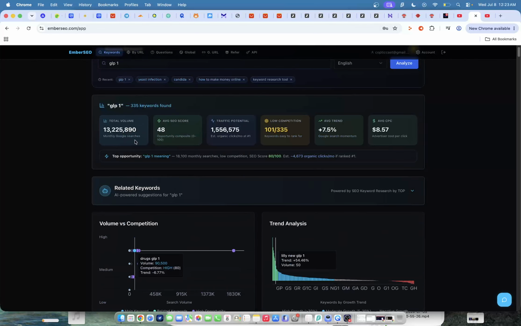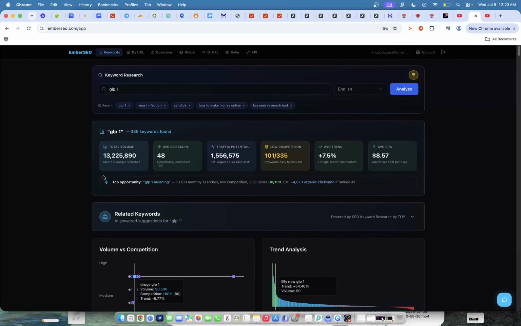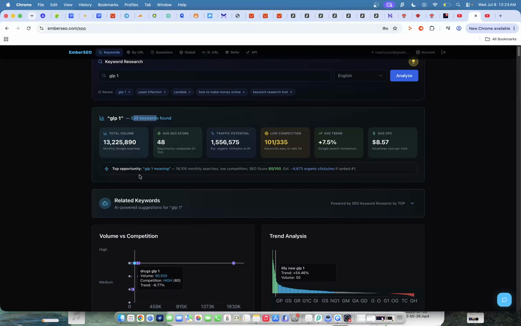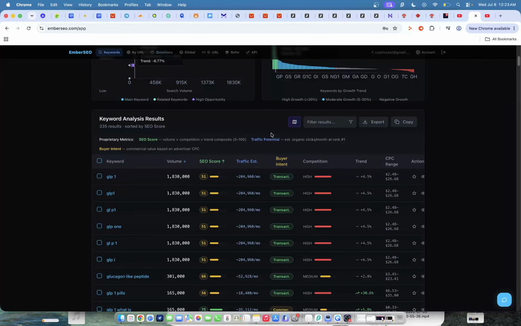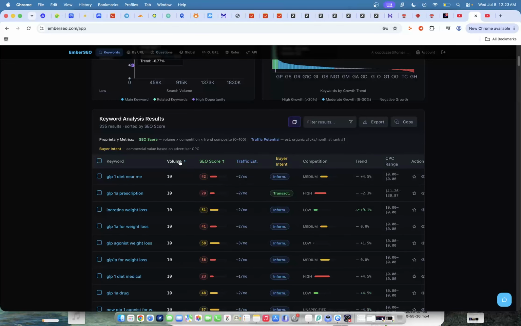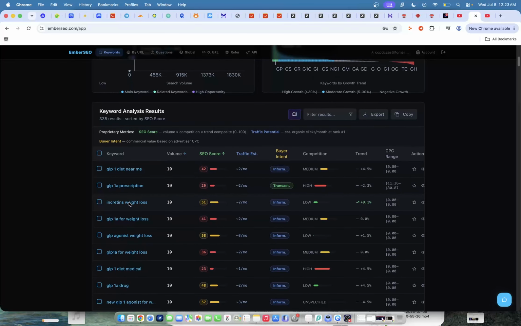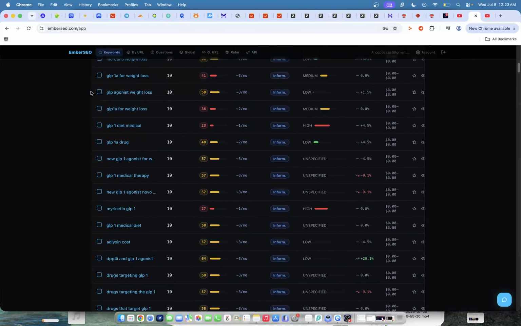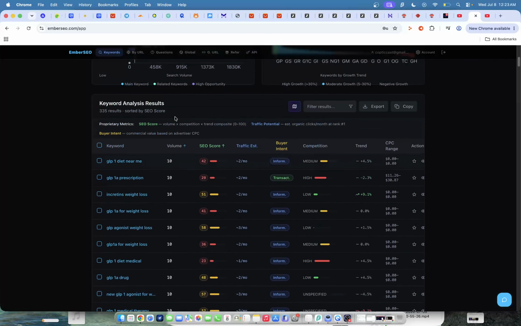So let's use the keyword GLP-1, for example, on EmberSEO. All right, 13 plus million searches around this topic with 335 keywords. That's a lot. It's a lot of searches. Well, what we can do is we can sort by volume here, okay? And a lot of the keywords from the beginning, like at this beginning portion with low search volume, are just